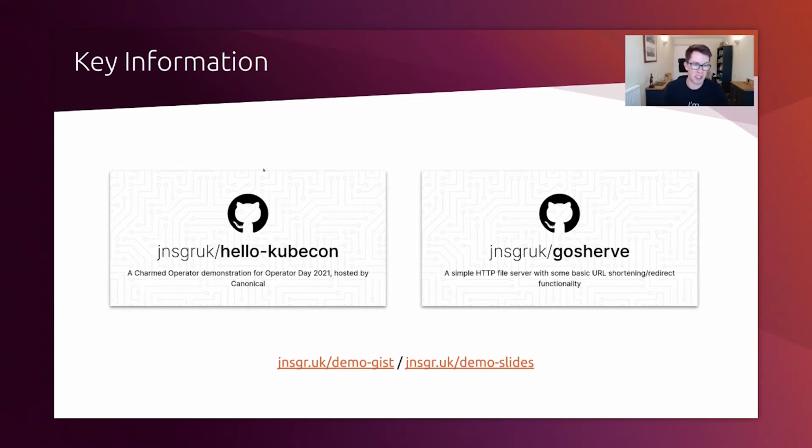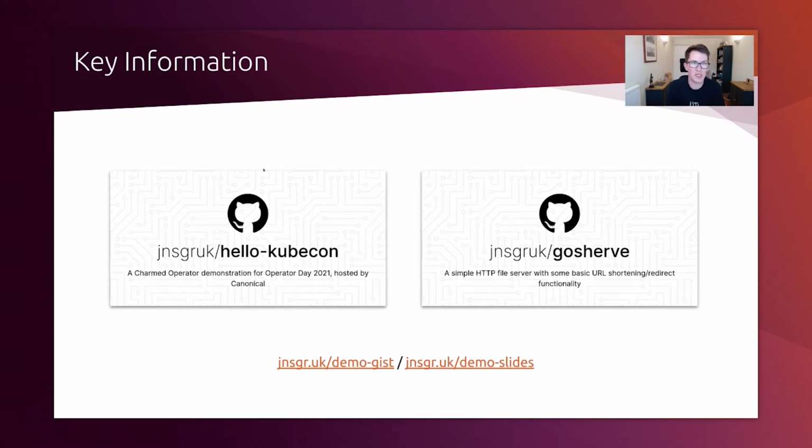What our operator is going to do is deploy a copy of a little custom web server that I wrote really to scratch a personal itch some time ago. All it is, is a simple web server written in Go that will serve a static web page if you give it a web root environment variable. But otherwise, it serves up a list of short URL redirects based on a plain text map, which you can host at a URL. So the links you see at the bottom of the slide, for example,